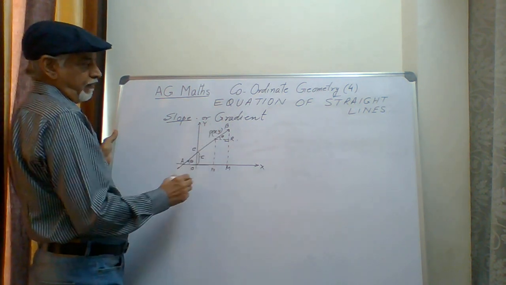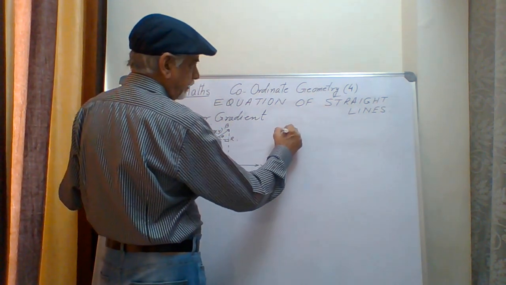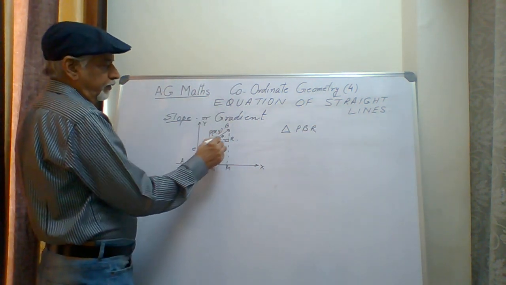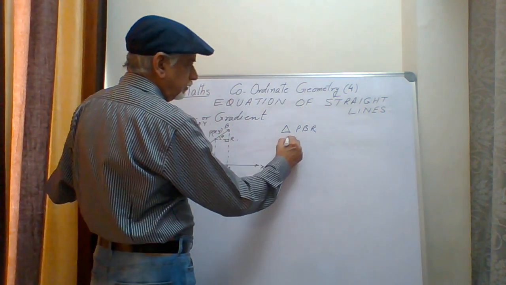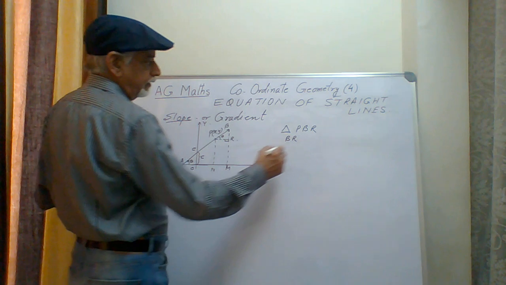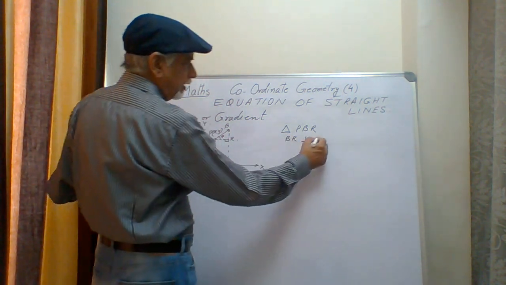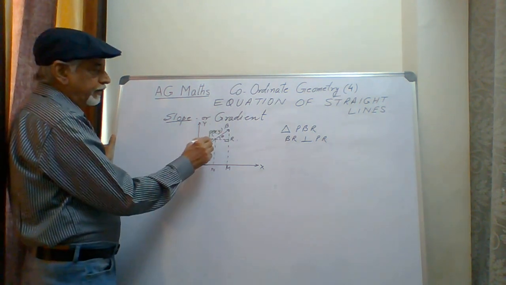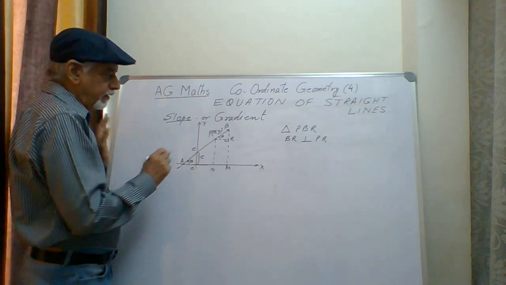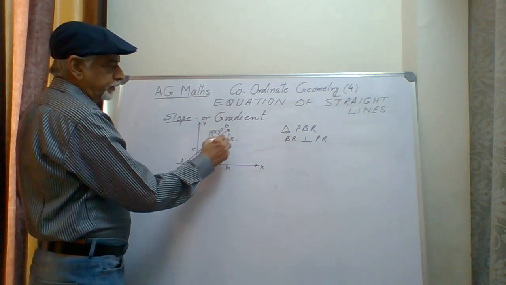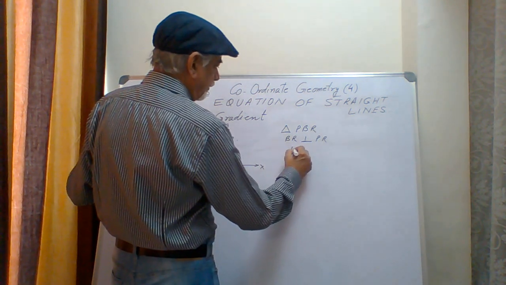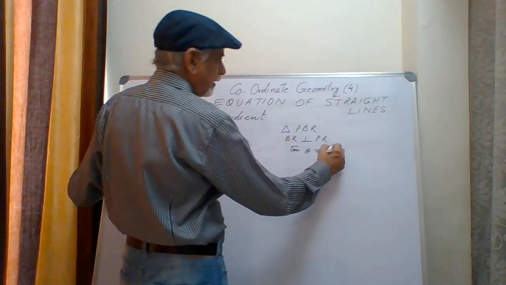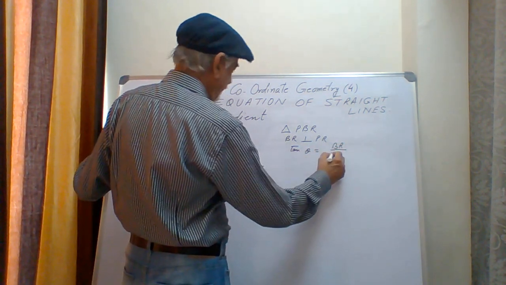So what can we write? Tan of theta in triangle PBR. This is a small triangle. We have this side BR. BR is the opposite side to angle theta, perpendicular on PR. So it is a right angle triangle. And in a right angle triangle, as per the trigonometry chapter, tan of theta is opposite to adjacent. Tan theta is opposite, and opposite is what? BR over PR.